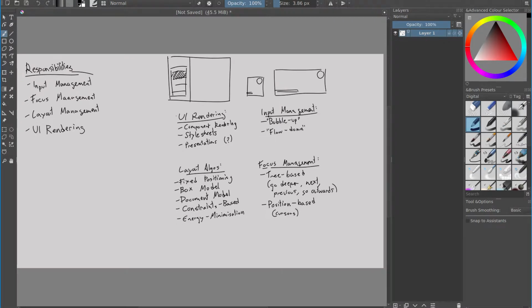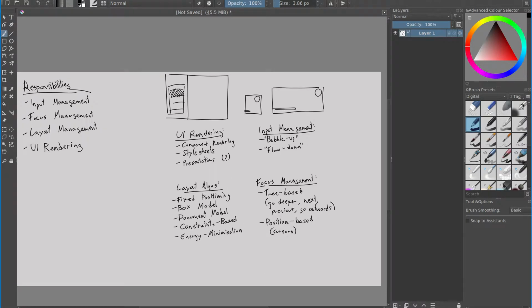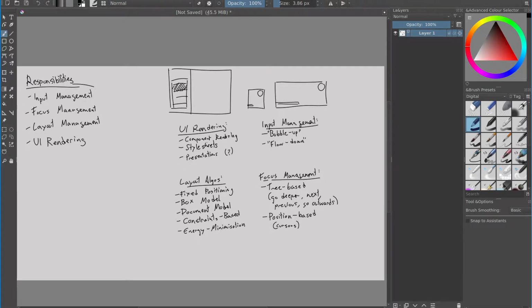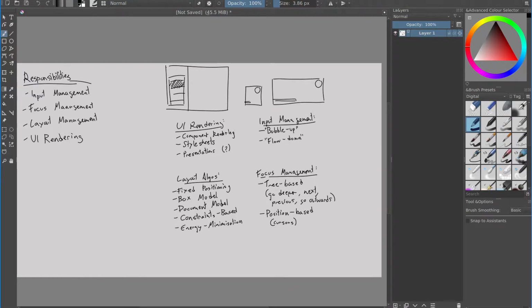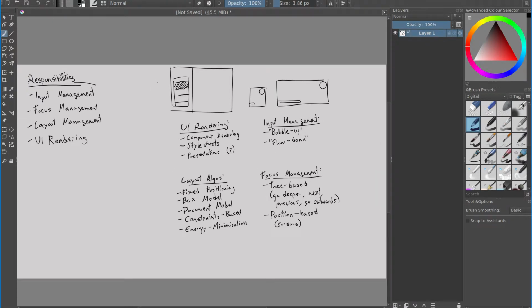I don't like that as much, because it means that whenever you receive an event, the component first needs to check whether it's currently active to know whether it should do something with it. And so to me, the flow down method is much more natural, where the event always arrives at the